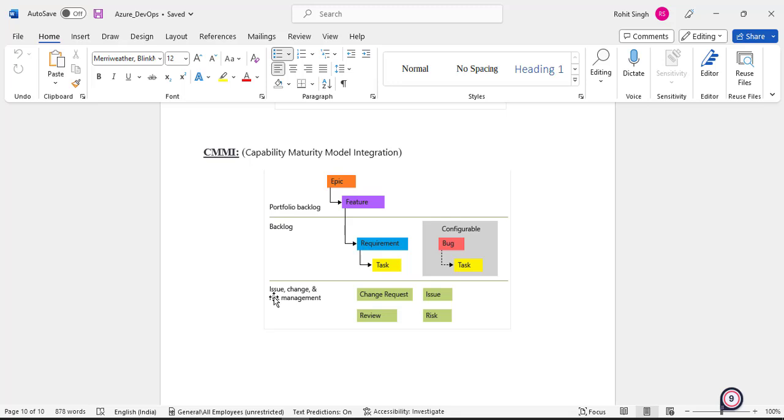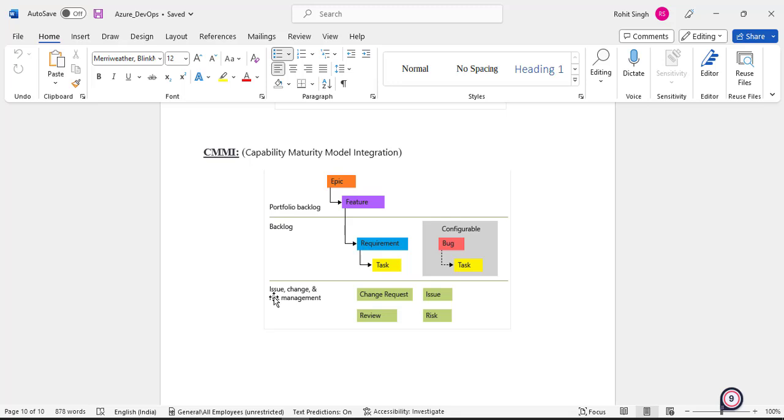Now why exactly have they included this in software development? There could be projects and companies that don't want to spend additional money on getting ITIL tools, and they're using Azure DevOps, so they can have this change management and everything tracked along with their software development. So if you have any such project wherein you want to track change management and risk management also, then CMMI is the integration model which you can select.